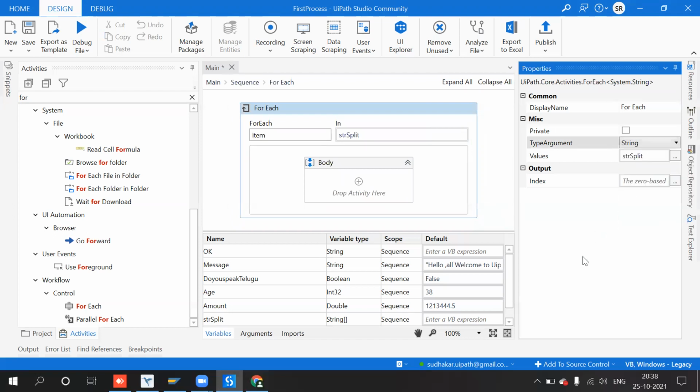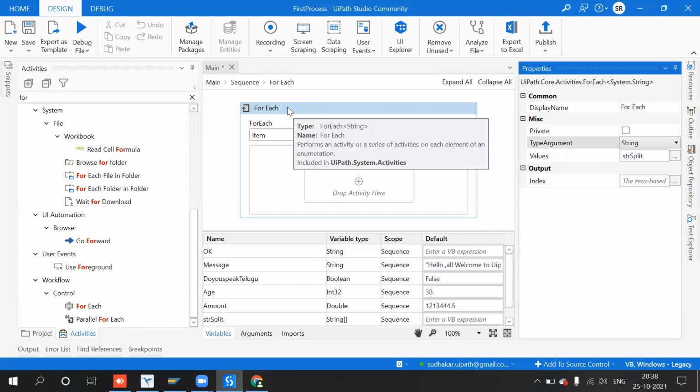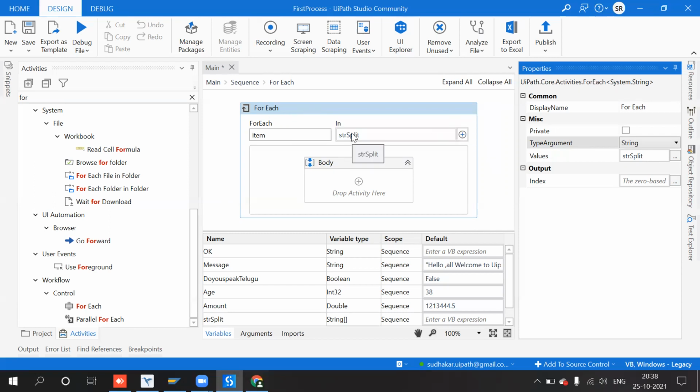We will see a lot of things in upcoming days. Now see how For Each works: it will take the first value in the array and put it into item, so now the value is available in item.